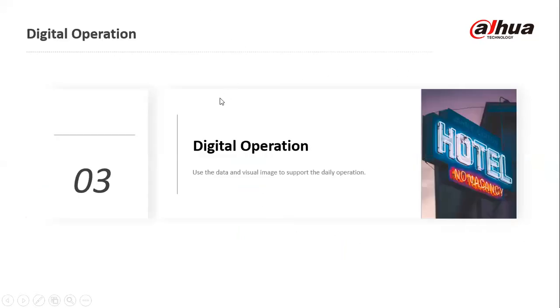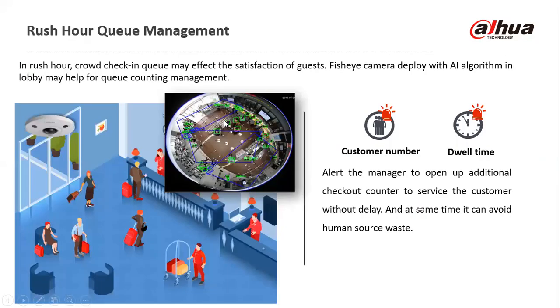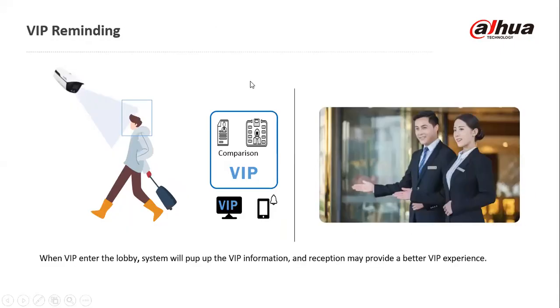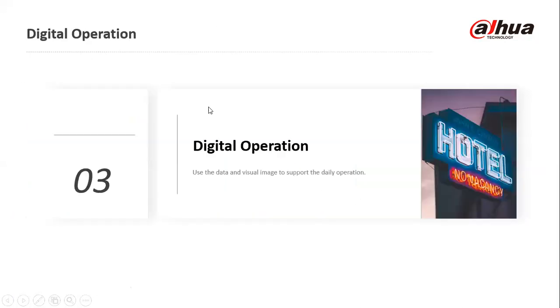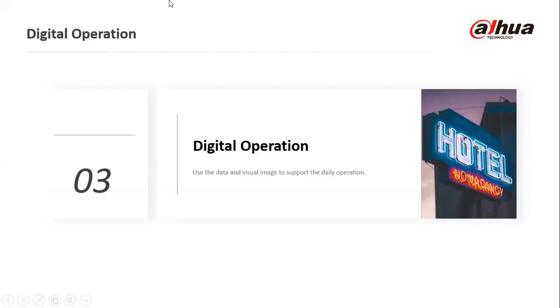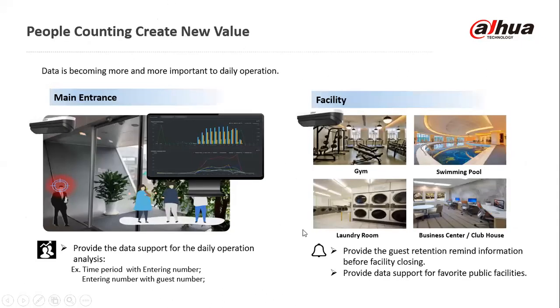There's the digital operation side for the hotel case. These are just modules for the hotel. So you can decide whether to go with digital, whether to go with queue management, or management of facility, or VIP recognition. You can take these small services and implement them one by one, or maybe all of them at once. So we have the digital operation side in terms of